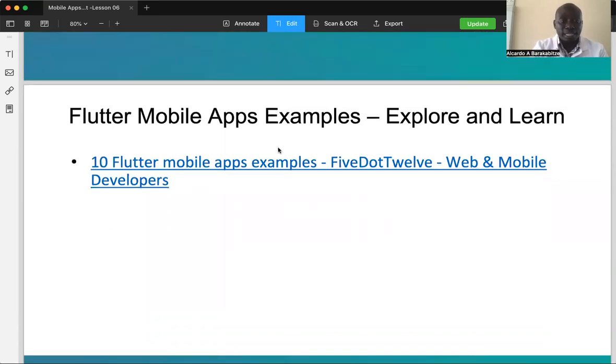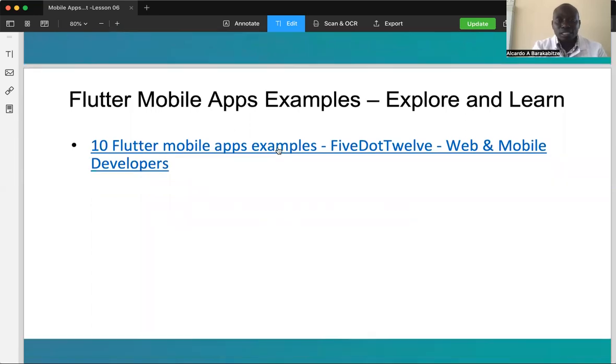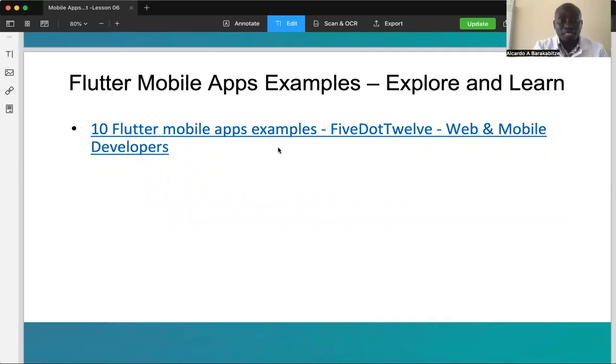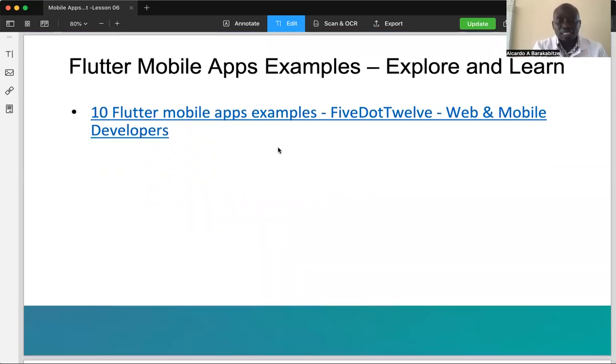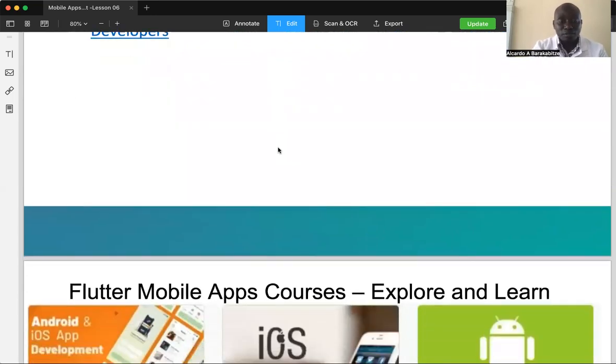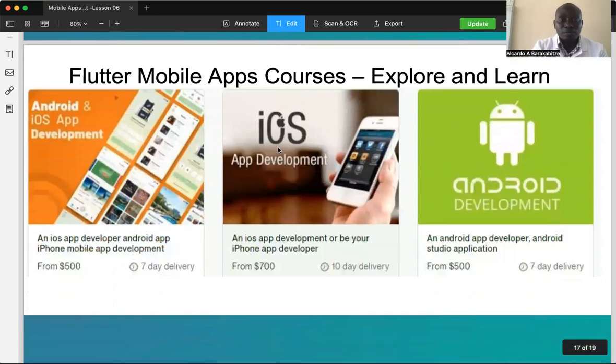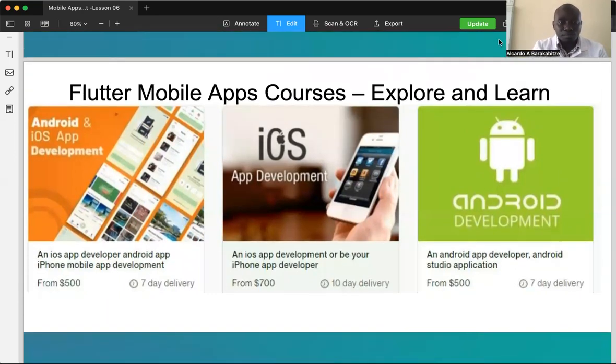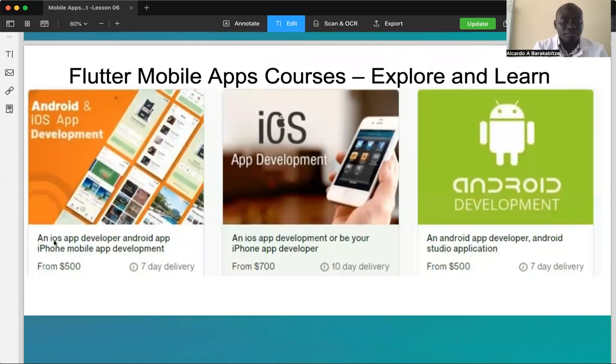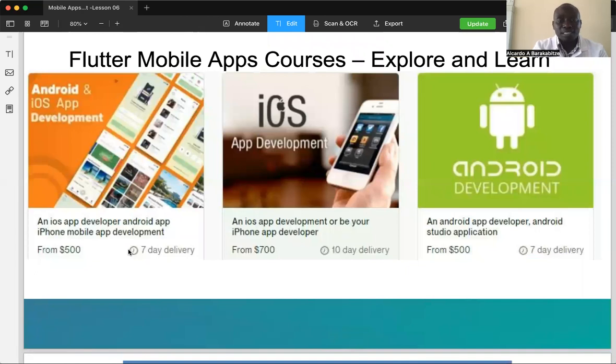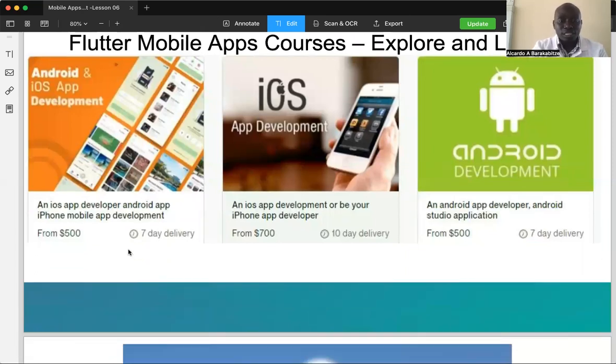So I have included here Flutter mobile app examples that you can explore and learn on your own time. So these are the best examples of mobile apps that have been developed using Flutter, which of course are of more interest to web and mobile app developers. I have also included Flutter mobile app courses that you can also explore and learn on your own time. So this is the base course. Of course, there are payments that you can incur, but I would recommend going for this course, which is very,